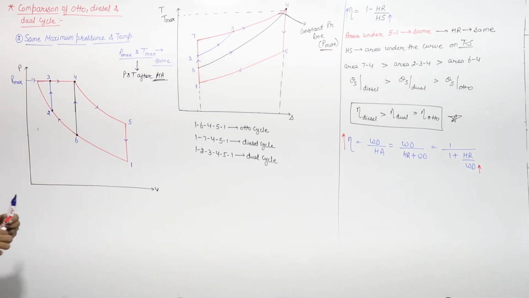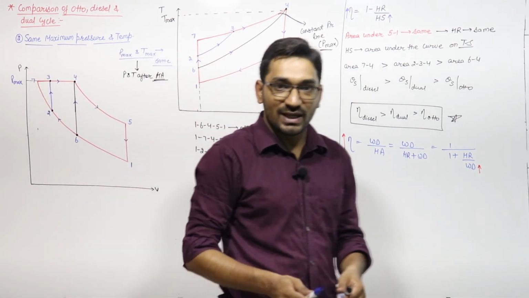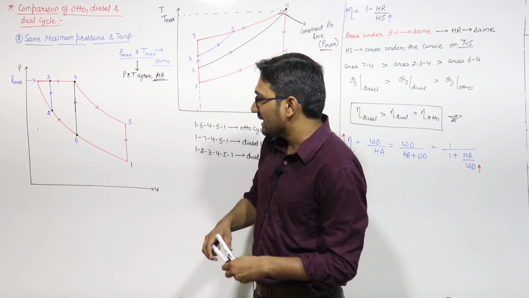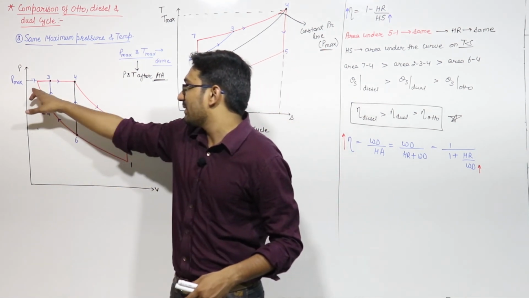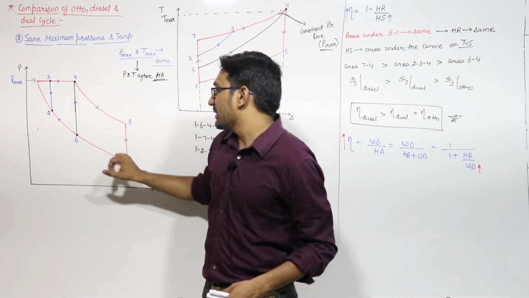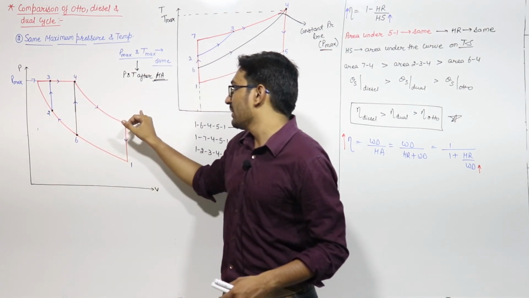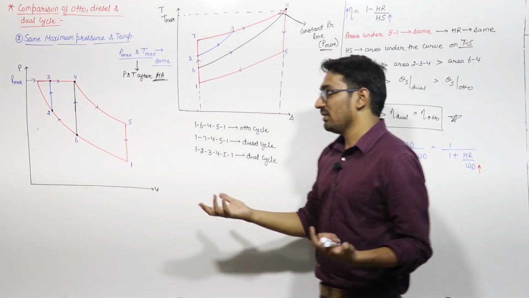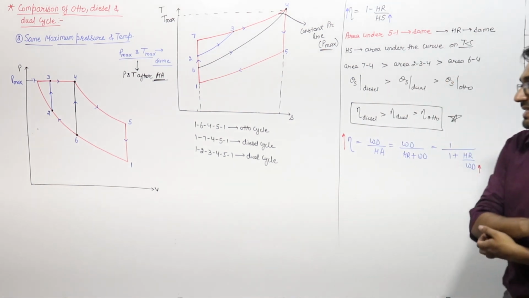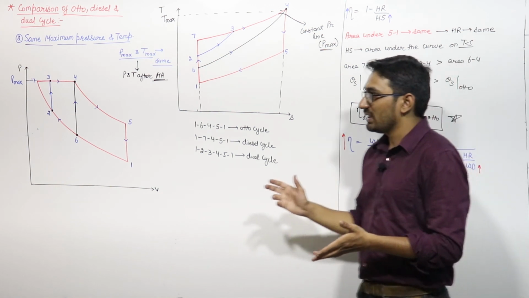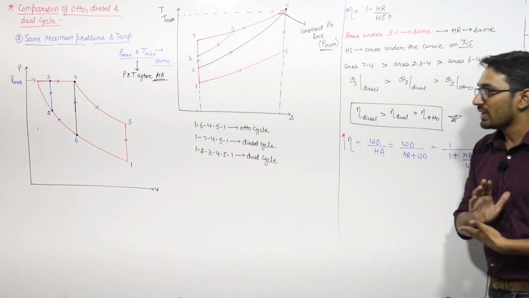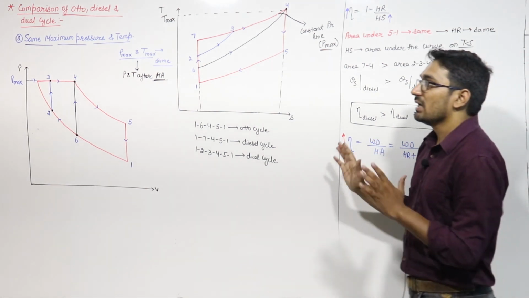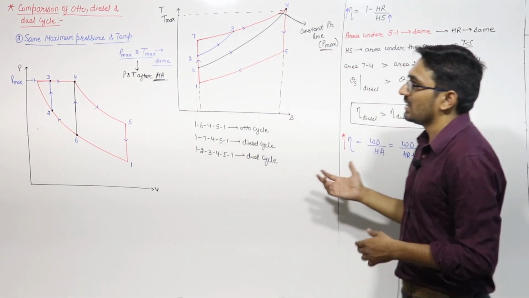And work done in a closed cycle will be the area of the cycle on the PV diagram. You can see from here that the area enclosed by the cycle for the diesel cycle, 1, 7, 4, 5, is more than the area 1, 2, 3, 4, 5, and this area will be more than 1, 6, 4, 5. You can see the areas. Then you know that the work done in the diesel cycle is more than the work done in the dual cycle, and it will be more than the work done in the Otto cycle. So will be the efficiencies relation. So this is the second condition which we have to study for comparison between the Otto cycle, diesel cycle and dual cycle.